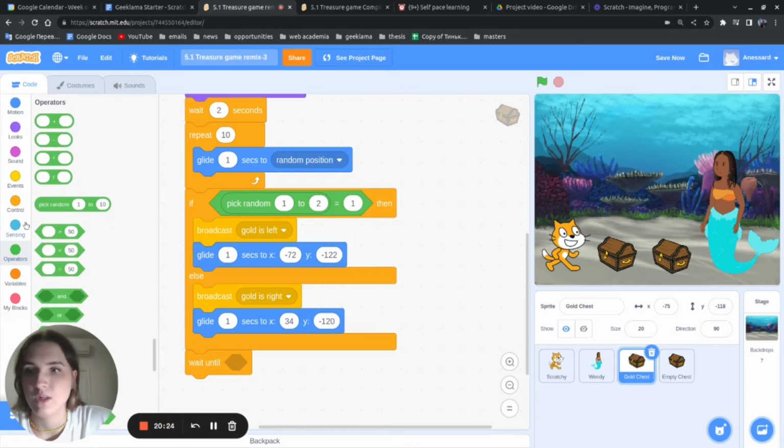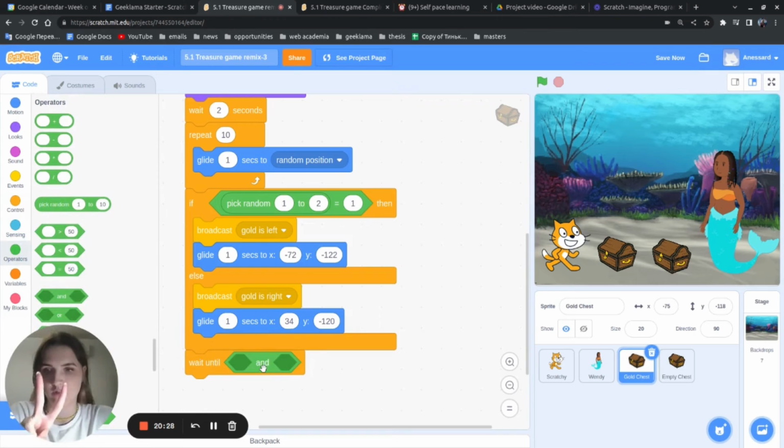And here we will go to green operators and we will choose and. We actually will have two conditions. What is and? And is when we have two actions simultaneously, like something and something. There's also or, so it's like either of the events. But here we need two events. For now, it's just a little bit of explanation. I think we're going to cover it way later in the course, so don't really bother, but it's something about